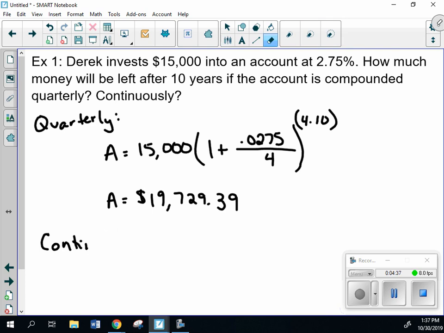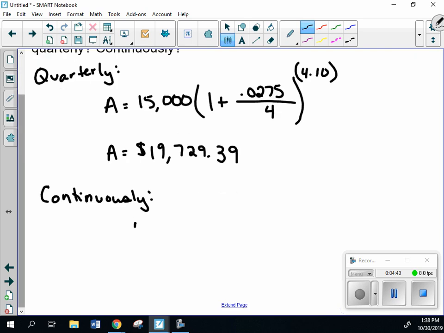If you look at continuous, again, we'll have that different formula. Because of our time frame, it's a little bit different, which is fine. So our P is our 15,000. E is the number e. Our rate is at 0.0275, and that'll be times our time there, of 10. Sorry, just doing my quick calculations here, and we would get